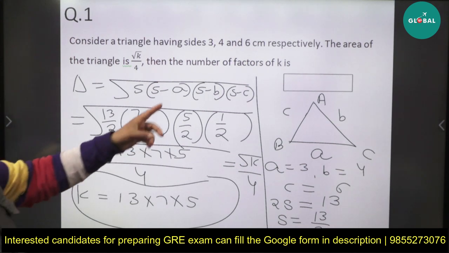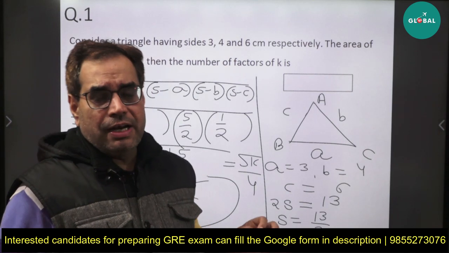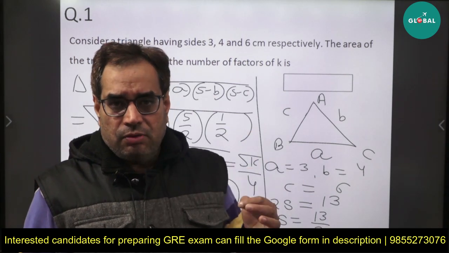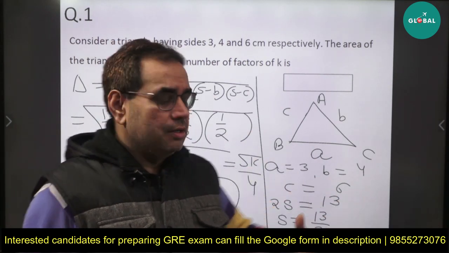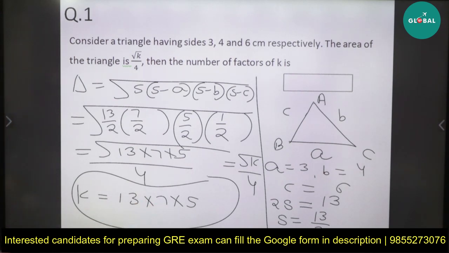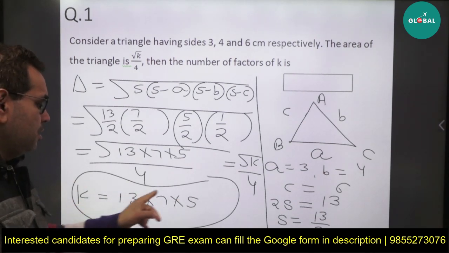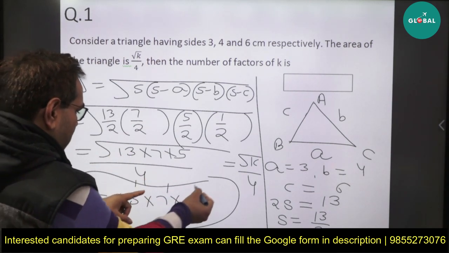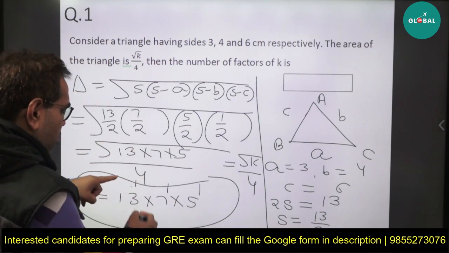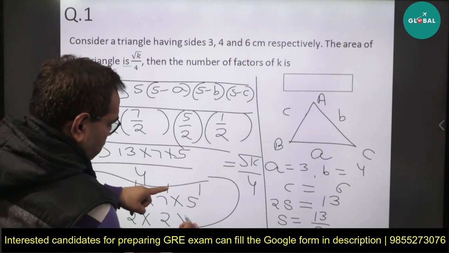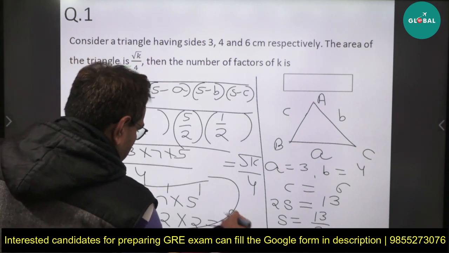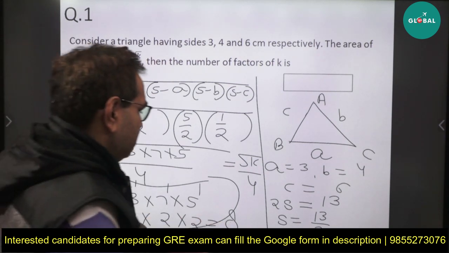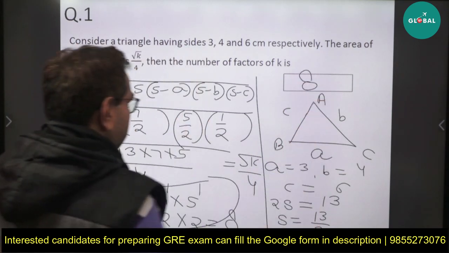Now if we want to compute the number of factors of k, first of all we write the prime factorization. If we want to compute the number of factors of any number, we write the number in the prime factorized form. It is already in prime factorized form. Now to the exponent of each base we add 1 and then we multiply all. Here the exponent is 1 for each, so we add 1 to this. So 1 plus 1 is 2, into 1 plus 1 is 2, into 1 plus 1 is 2, so equal to 8. So this is our answer. The number of factors of k is 8. So in the box provided in the exam we will write 8.